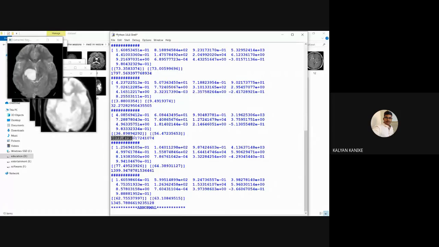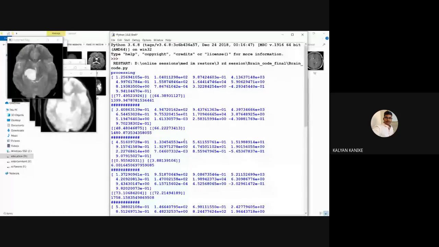So here this is the result for the 8th image. This result is our test image.